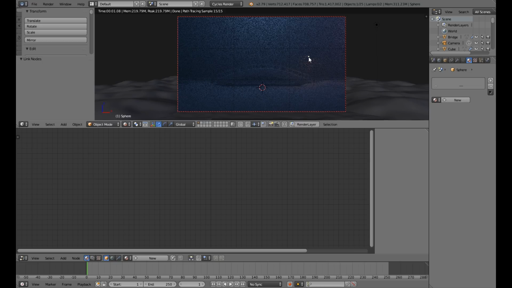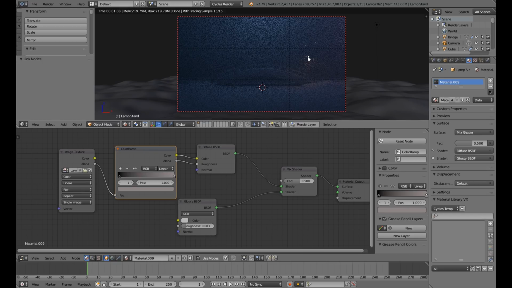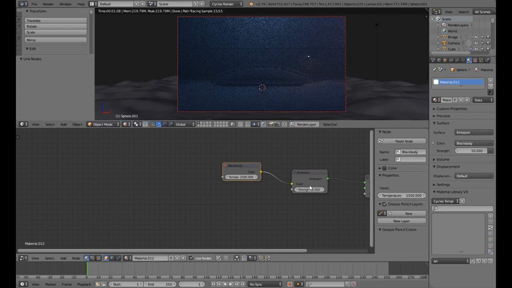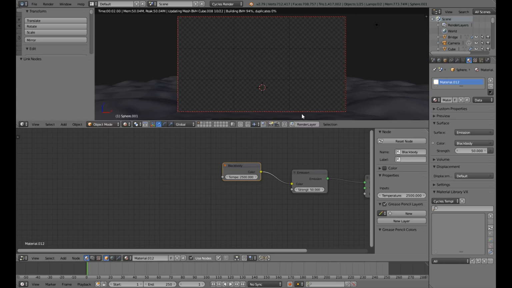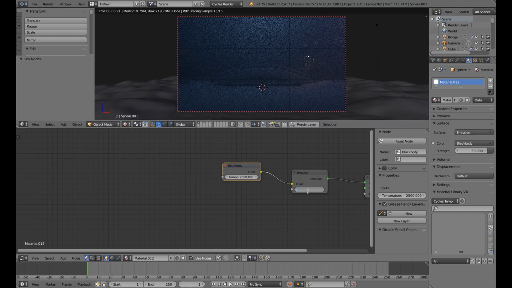Now in order to achieve more light, all I have to do is select this bulb or UV sphere and go into the viewport render, increasing the strength to around 100 can give you a much better look. Okay, so